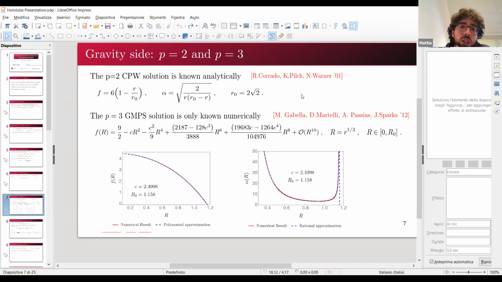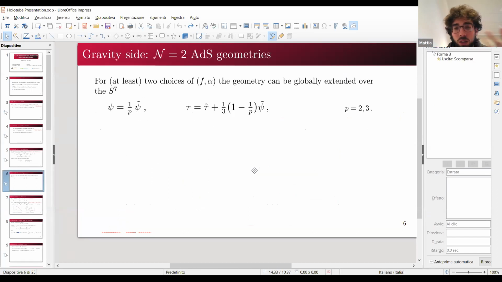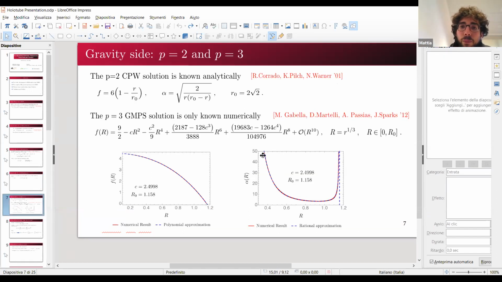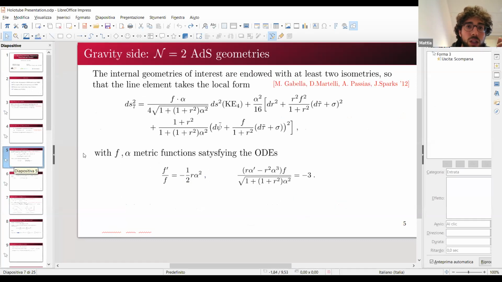You can surely, I'm not sure you can understand it as a horizon. You can surely understand it as one of the points that becomes problematic for the functions f and alpha, because alpha always blows up in correspondence to the point 2. So in order to ensure a general metric, you want it not to blow up. And I think, for example, although alpha blows up with this behavior of f, you can ensure that this guy here doesn't blow up completely.